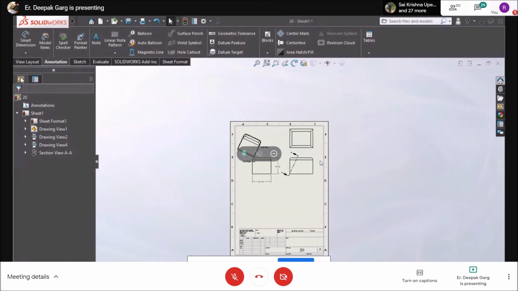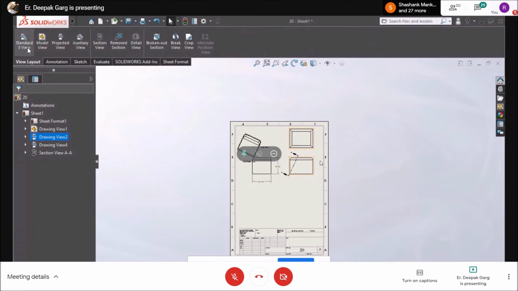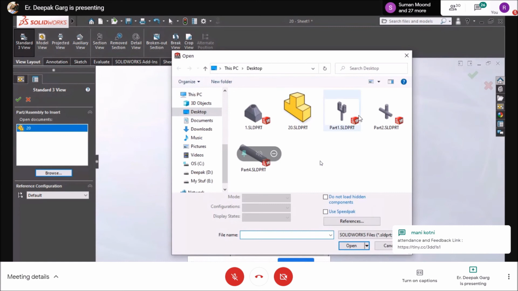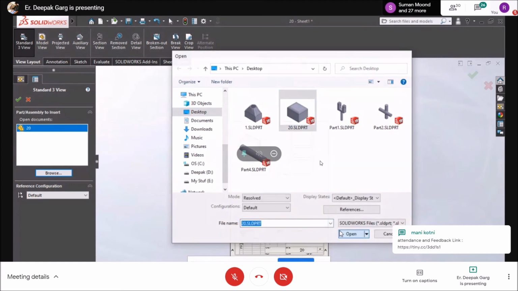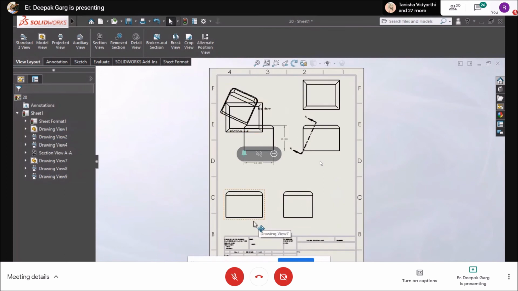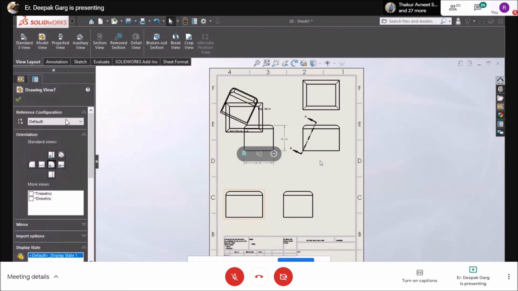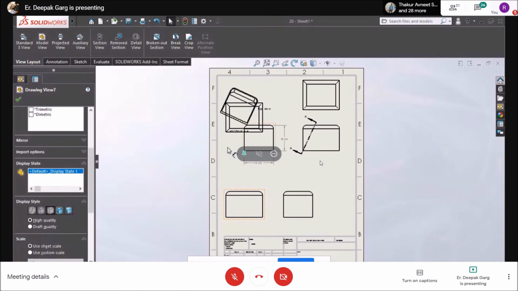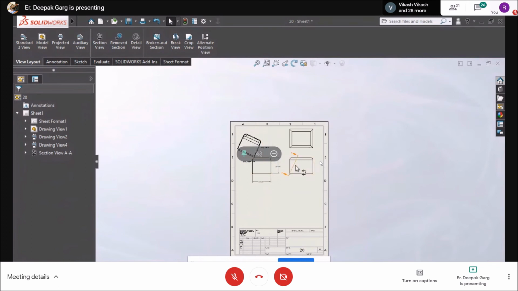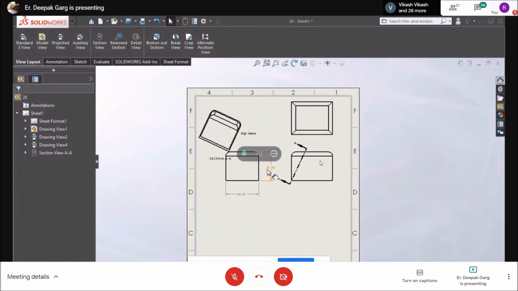Now there are some more things that you can do. You can just give another view. Suppose I want another view, I can just click on it. The 3 basic views will be automatically generated. Also, suppose this is a little bit complex, let me delete it. Suppose these are the only views that you have.